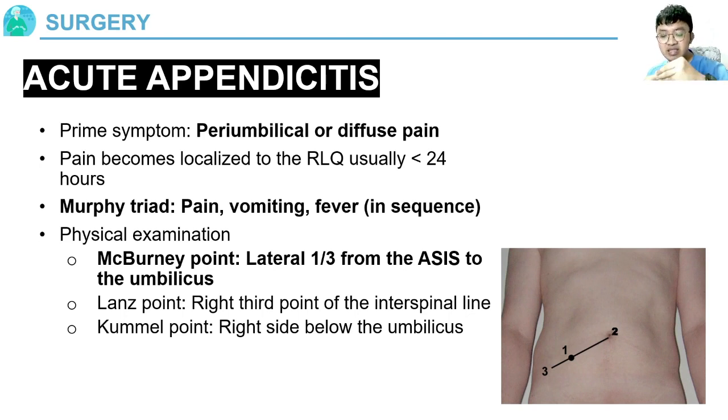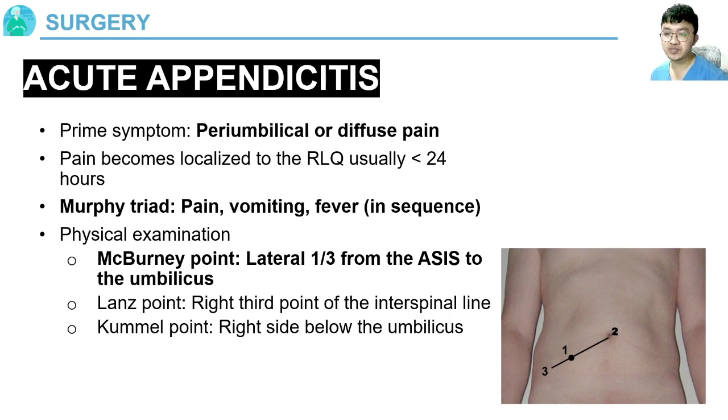So as the appendix distends or ruptures, it causes inflammation and irritation of the parietal peritoneum. The parietal peritoneum is the one outside. Remember, the parietal peritoneum is attached to your abdominal wall, and the pain of your parietal peritoneum is somatic, which means you identify what part of the abdomen is really affected, because it's in that part where it's feeling pain the most. So from a non-specific or periumbilical pain, it's going to localize to your right lower quadrant pain, because the visceral peritoneum being affected first gradually shifts to the parietal peritoneum being affected by extension of the inflammation or by